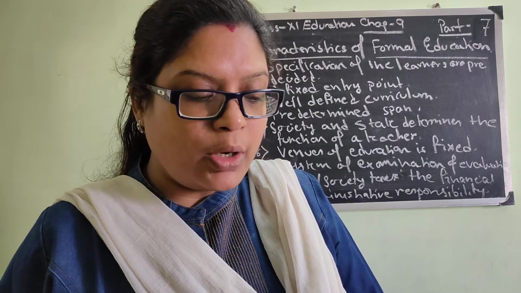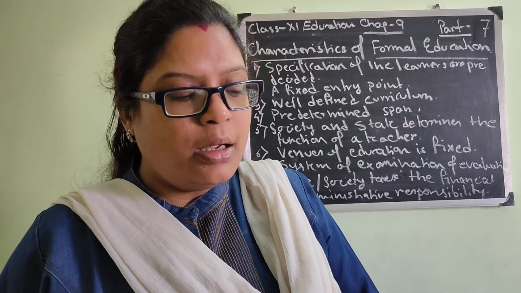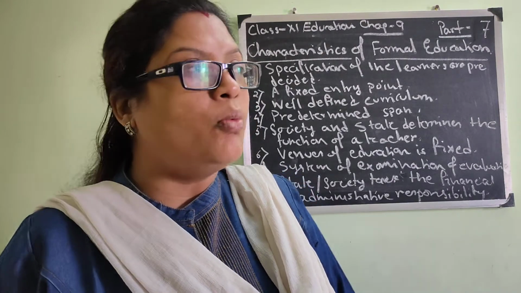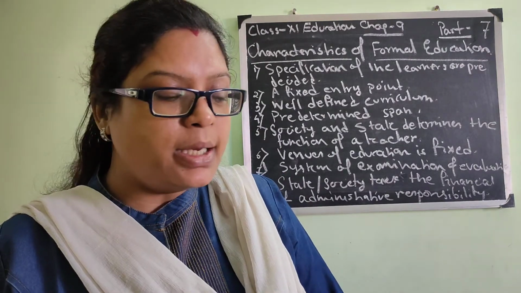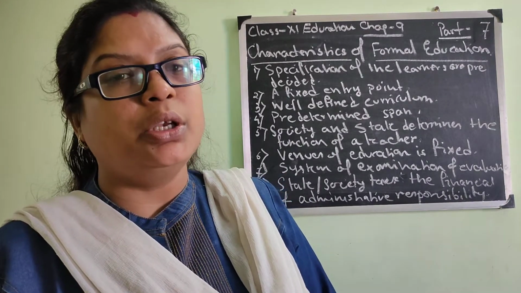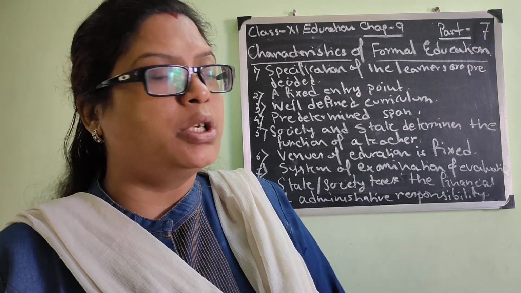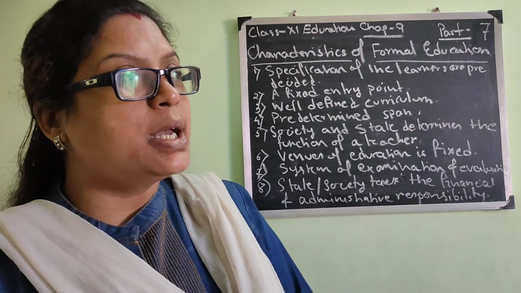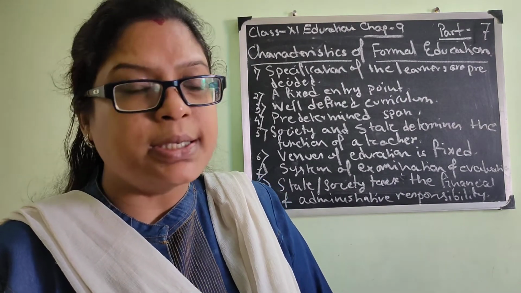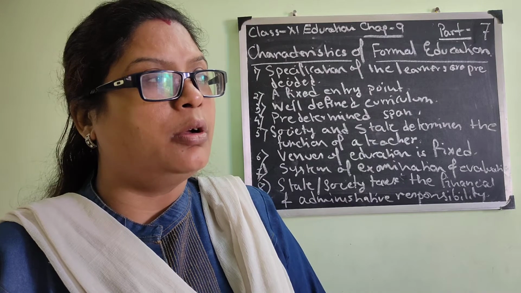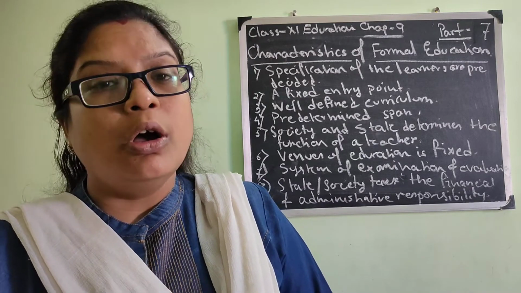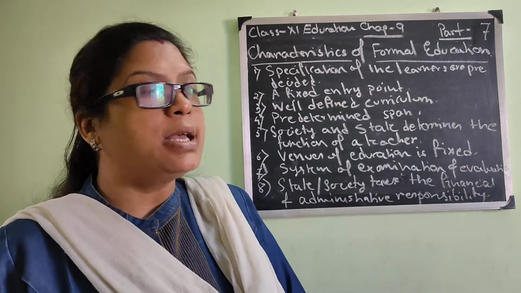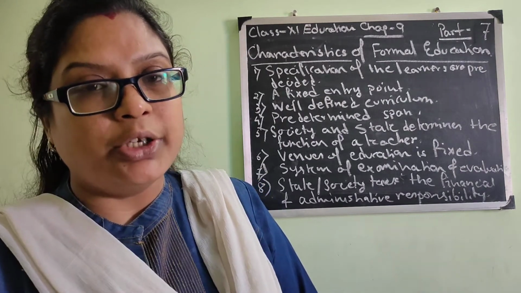The chapter that we were going through, I hope you can understand. I think you have understood that the chapter is quite a long one, and this is the second type or form of education, that is the formal system of education. In the previous classes we have discussed informal education, and today we will discuss the second type. We have already started the second form of education, that is formal system of education. In the previous class we discussed what formal education basically is.